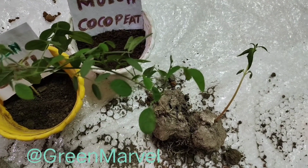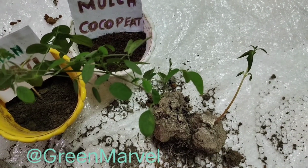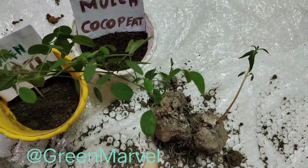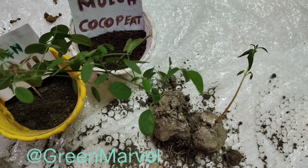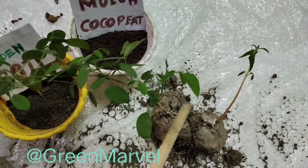In today's episode we are going to be repotting a blue-colored butterfly pea, because as you can see this is already a halfway grown plant and it has already flowered. But I noticed, and you might also notice with some of your plants, that if the soil does not get watered for like one day,